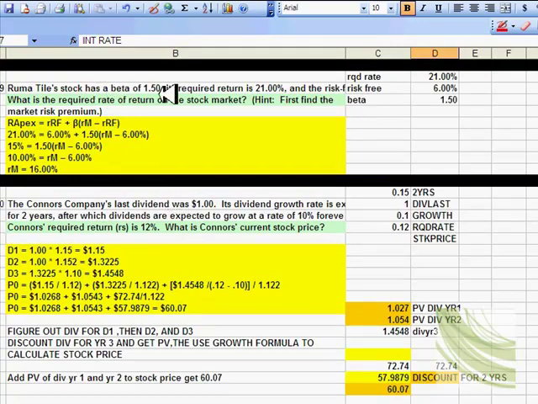Ruma's style stock has a beta of 1.5. Required rate is 21%, and the risk-free rate is 6%. What is the required return on the stock market? So you have to first find the market risk premium. Okay, so we know 21% is the required rate equals the risk-free rate plus the beta times the market return minus the 6%. So we know 15, take away the 6 from this side, so 15% equals 1.5 times the market risk premium, minus the 6%. So again, you solve for this. So you take